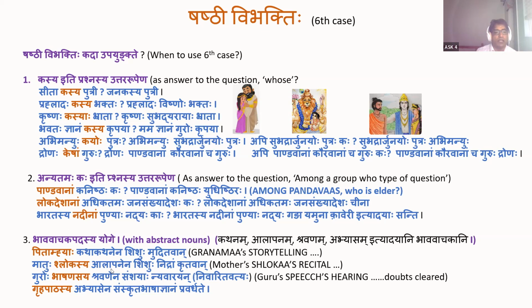Katha kathanena, alapanena. Oh, okay, I could have used alapanam for Subbulakshmi. Subbulakshmyaha alapanena shrotaraha mudita-vantaha. They were all very, very joyful. So these alapanam, shravanam, abhyasam, they are nouns, but not nouns like Ramaha, Sita. They are called bhava vachakam. It's a noun expressing some sort of bhava. Alapanam, shravanam, that kind of namam, is used in this way. If you want to say, with her storytelling, Shishu became happy, then the point is you have to use